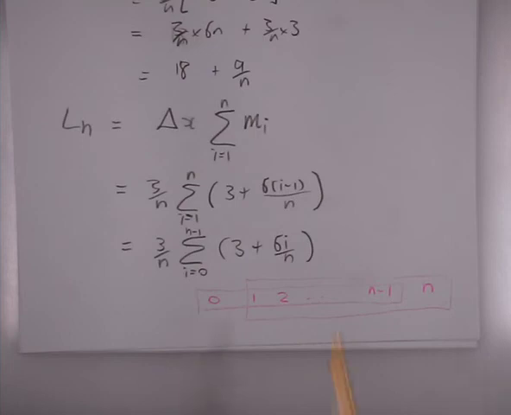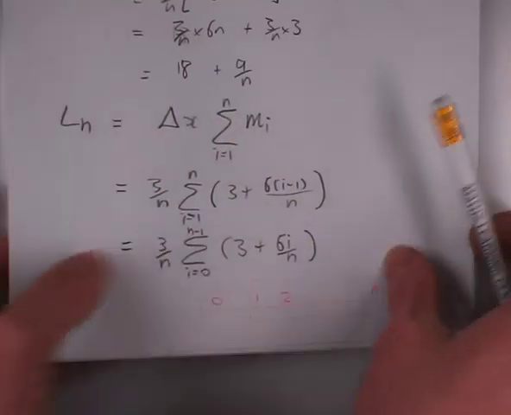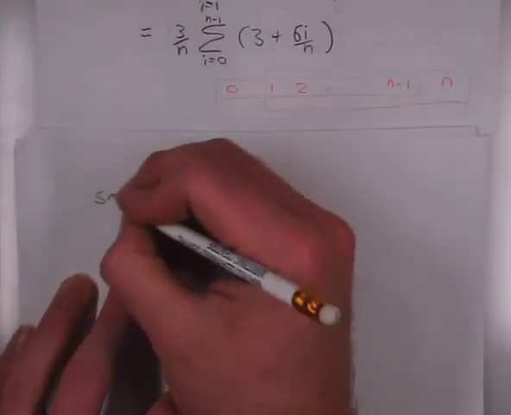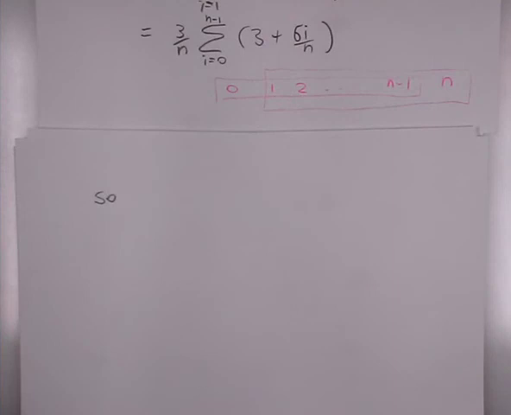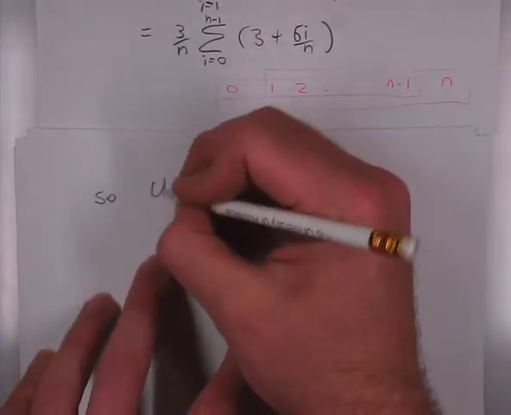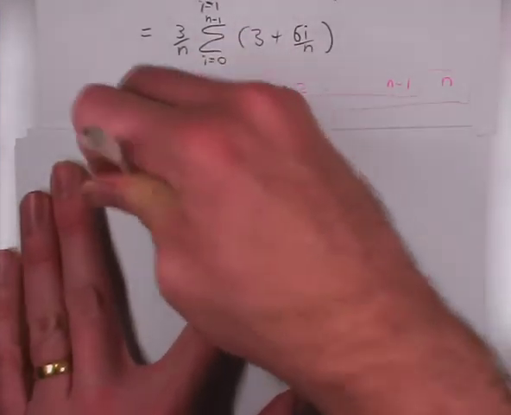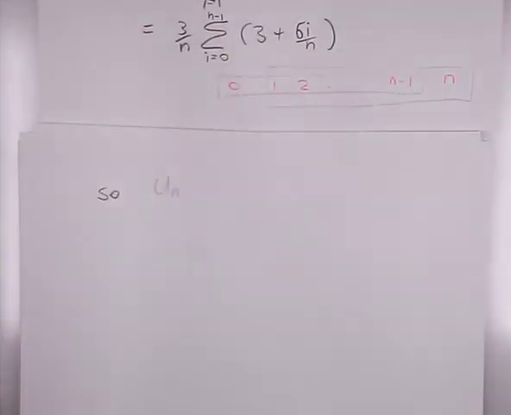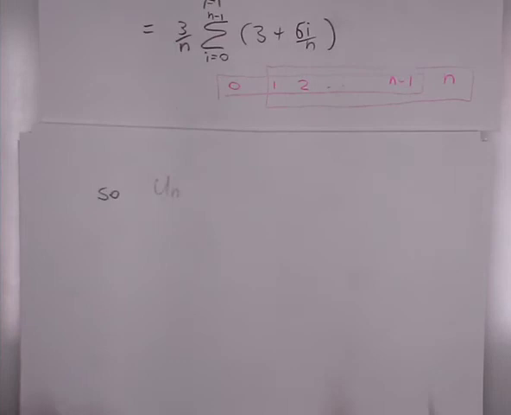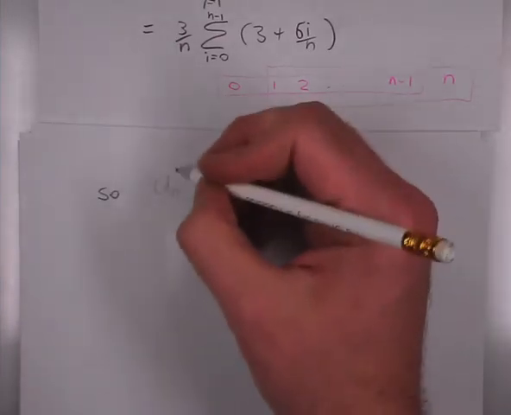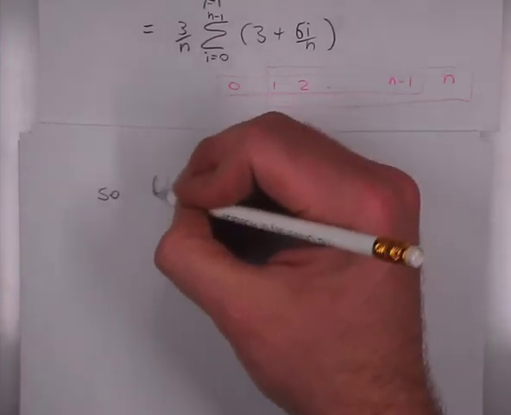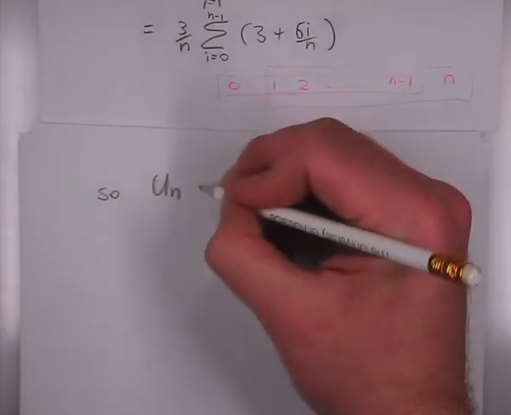So I didn't need to do any of this. I could have just said, all right, well, so, let's see if I've got this right. The upper sum minus, no, I'm not going to do that. Is it worth doing that? No. All right. Yeah, I'll do that. So the upper sum minus the lower